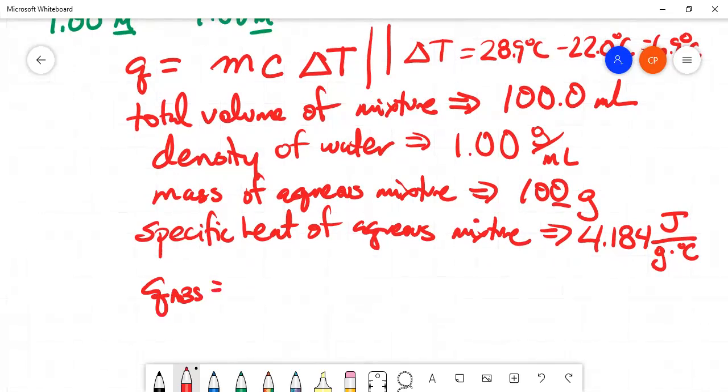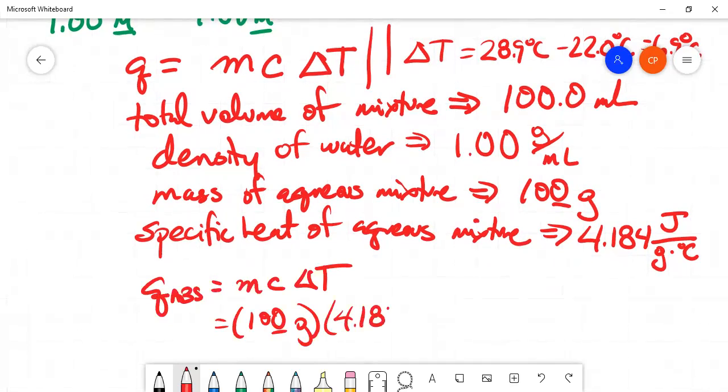Q absorbed is equal to M times C times delta T, which is 100 grams from the mass of the aqueous solution, times 4.184 joules per gram per degree Celsius from the specific heat of the aqueous solution, times 6.9 degrees Celsius from the temperature change of the aqueous solution. And I can punch that into my calculator,